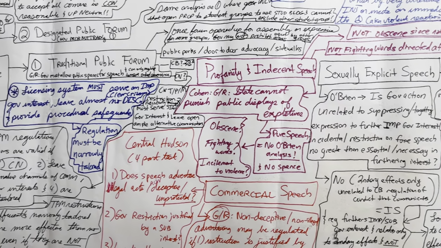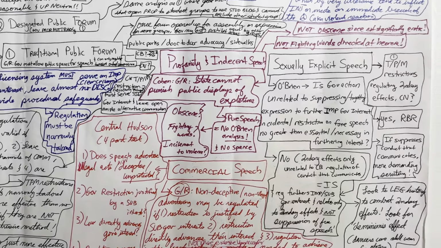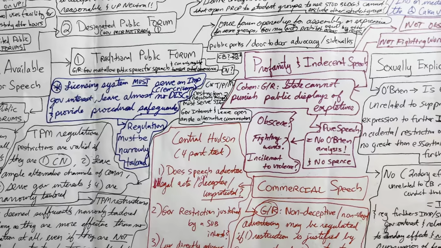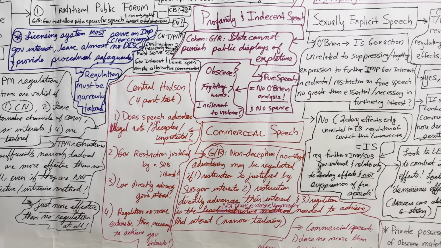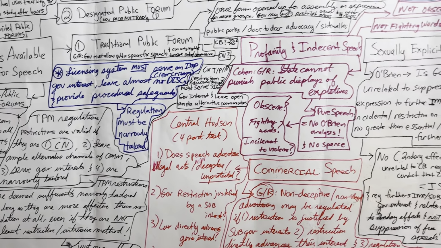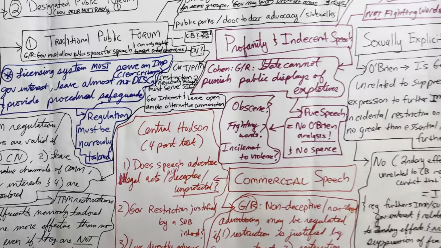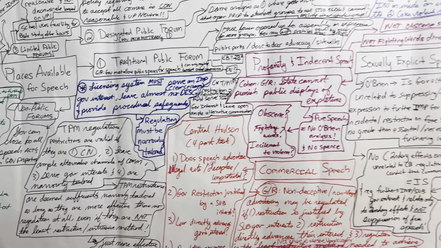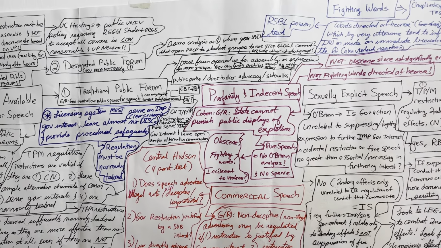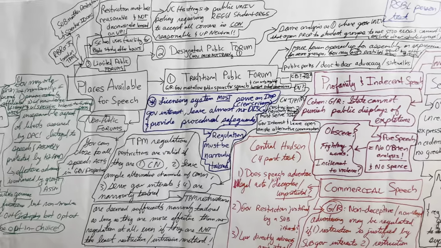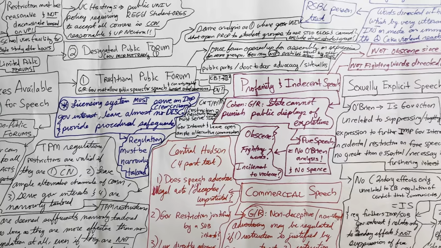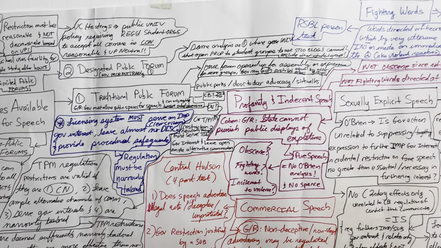So that's commercial speech. We look to some sort of commercial transaction, referencing specific products and economic motivations. And we can regulate deceptive advertisements. We can say that such regulations directly advance the important or substantial government interests, and it is narrowly tailored by regulating such that it's not more extensive than necessary to achieve that interest as part of narrow tailoring, but it doesn't necessarily have to be the least restrictive intrusive method. It just has to be more effective than no regulation at all.